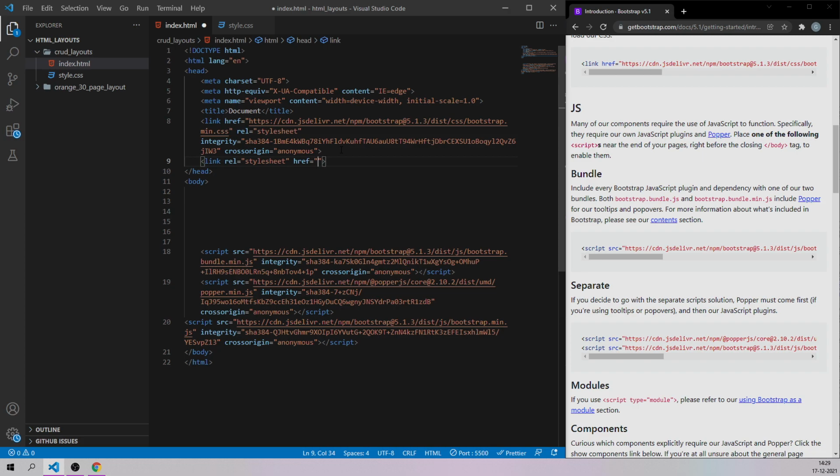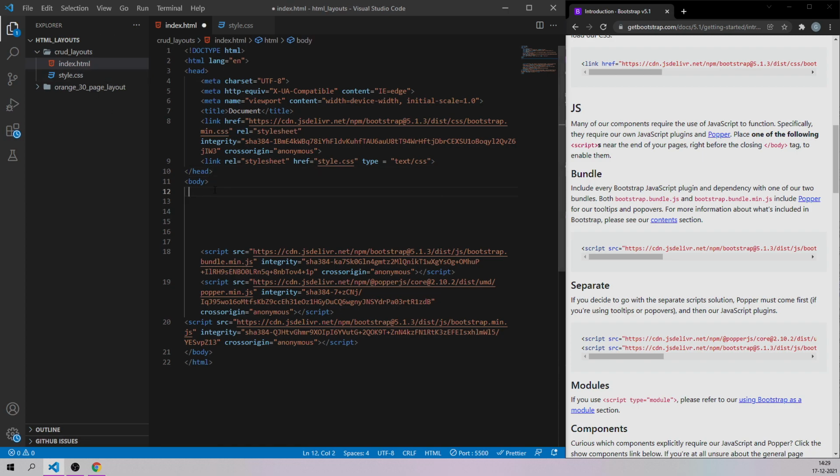Href is the location where that file is present. Okay, so right now both the files are present in the same folder called CRUD layout. So you just have to give the file name. That's it. And you can here mention the type of the file. Okay, you can mention it like this, text forward slash CSS. So this is how we link our CSS files to our HTML page.